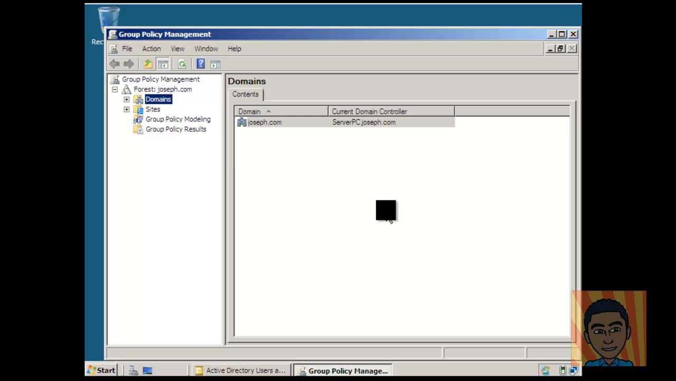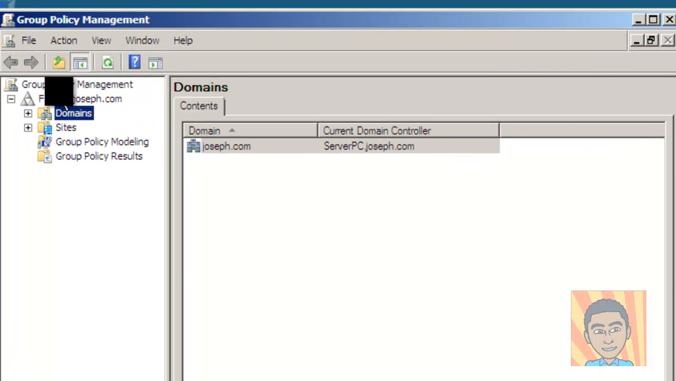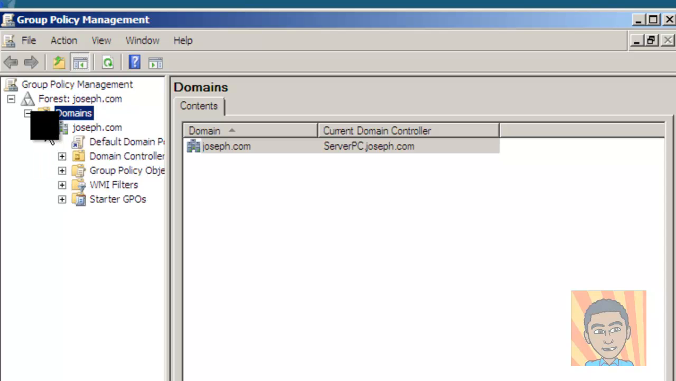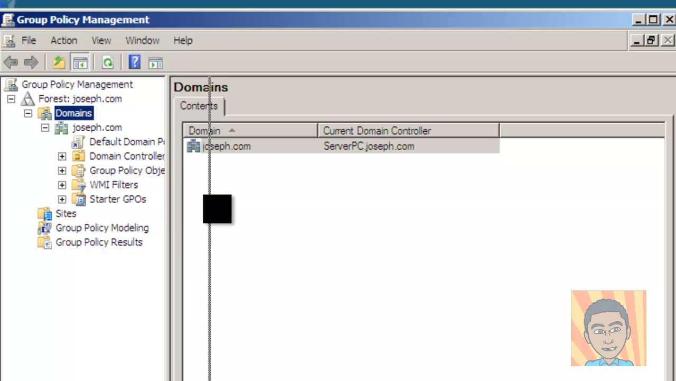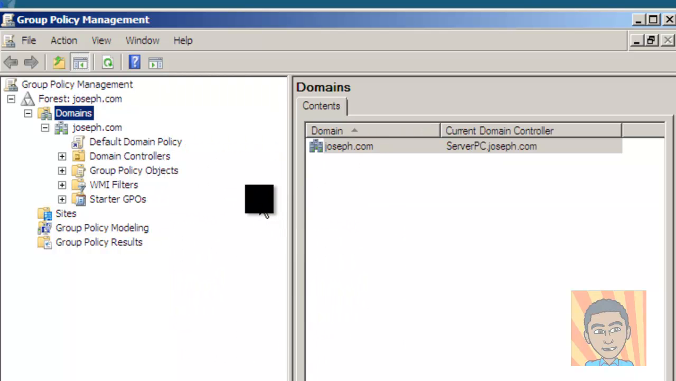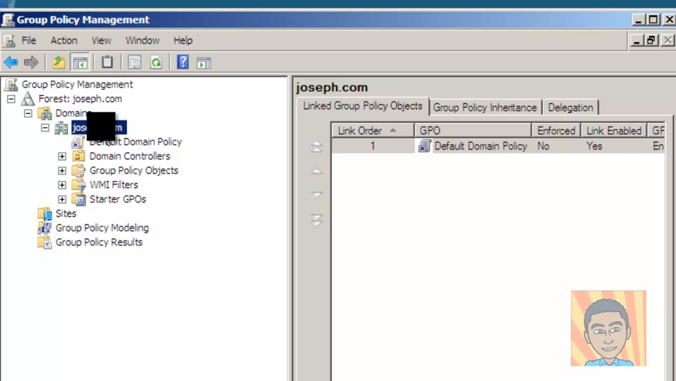Great. So as that's open, you can see the Forest we have here, and we just need to expand our list here, so we're expanding everything. And you see the domain, expand domain here. Right, let me just fix this window for you. Great, so as you can see clearly here, we have domains, we have the forest, but our focus now is our domain. So I'm selecting this, and I'm going to right click,